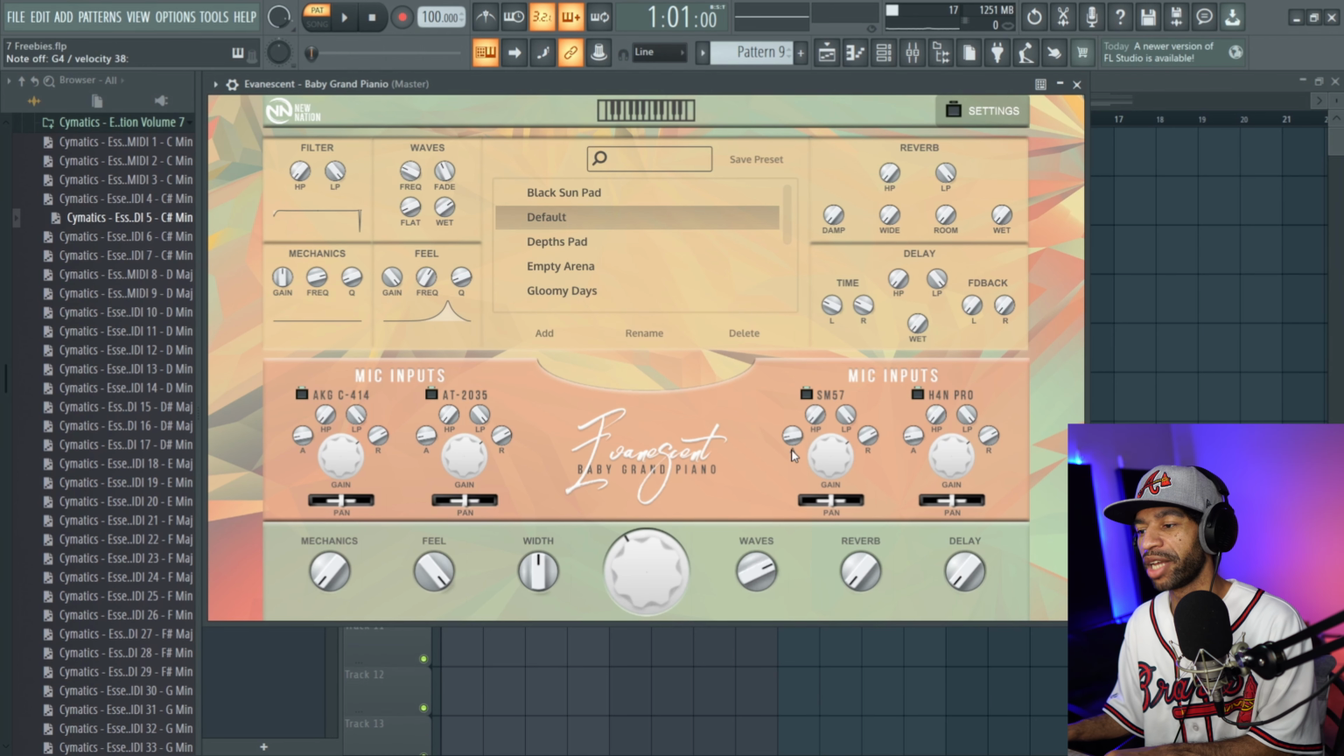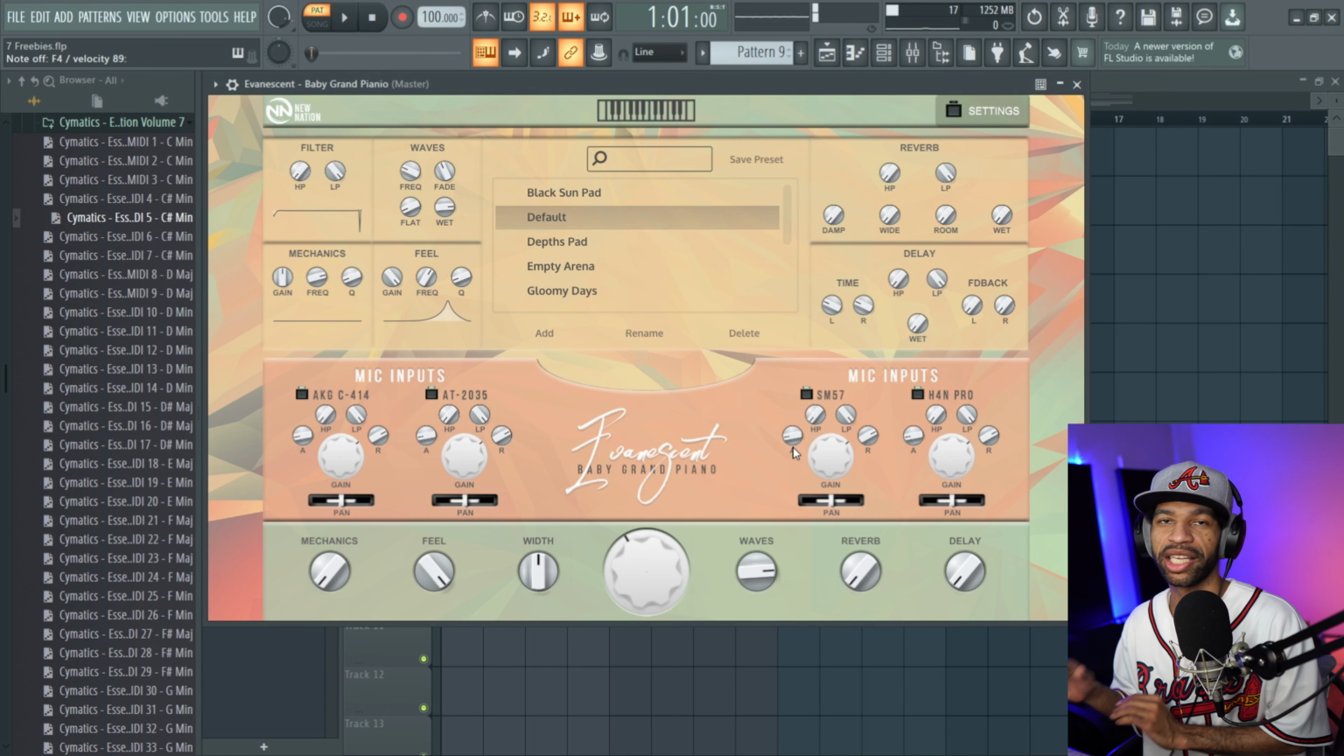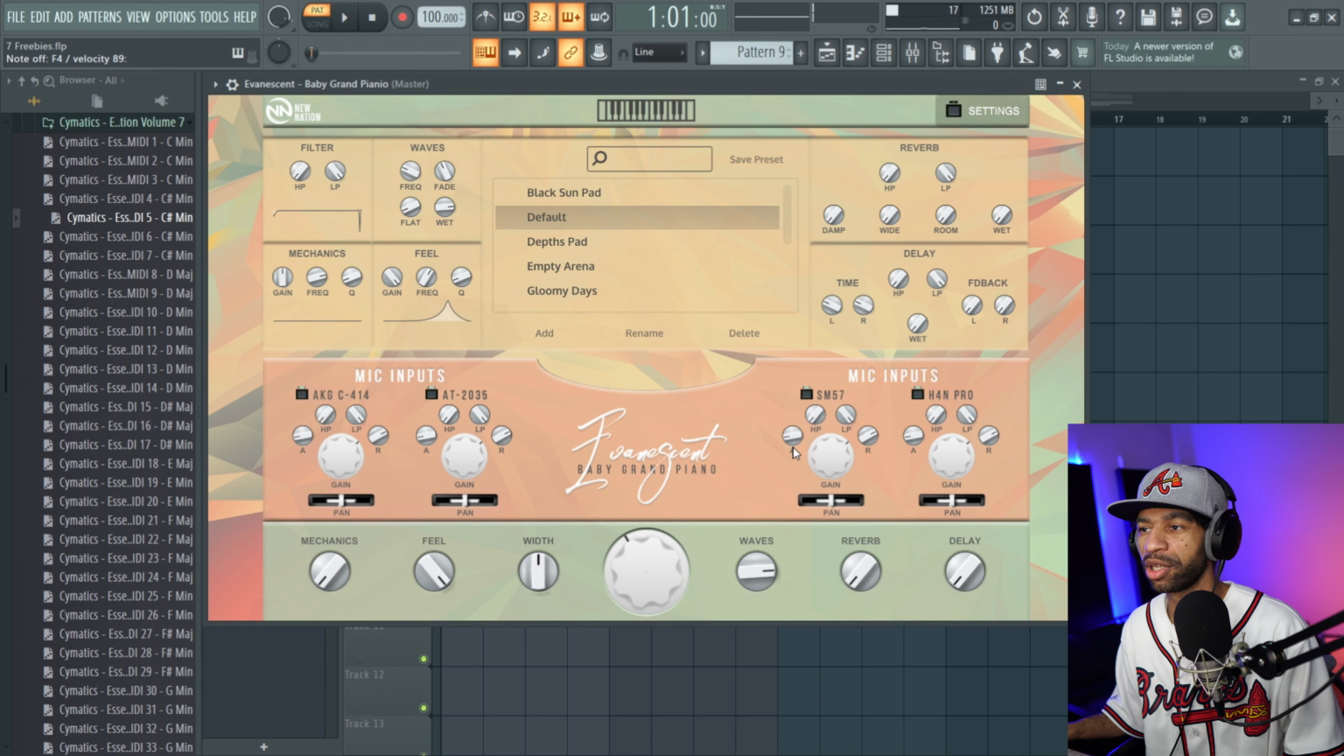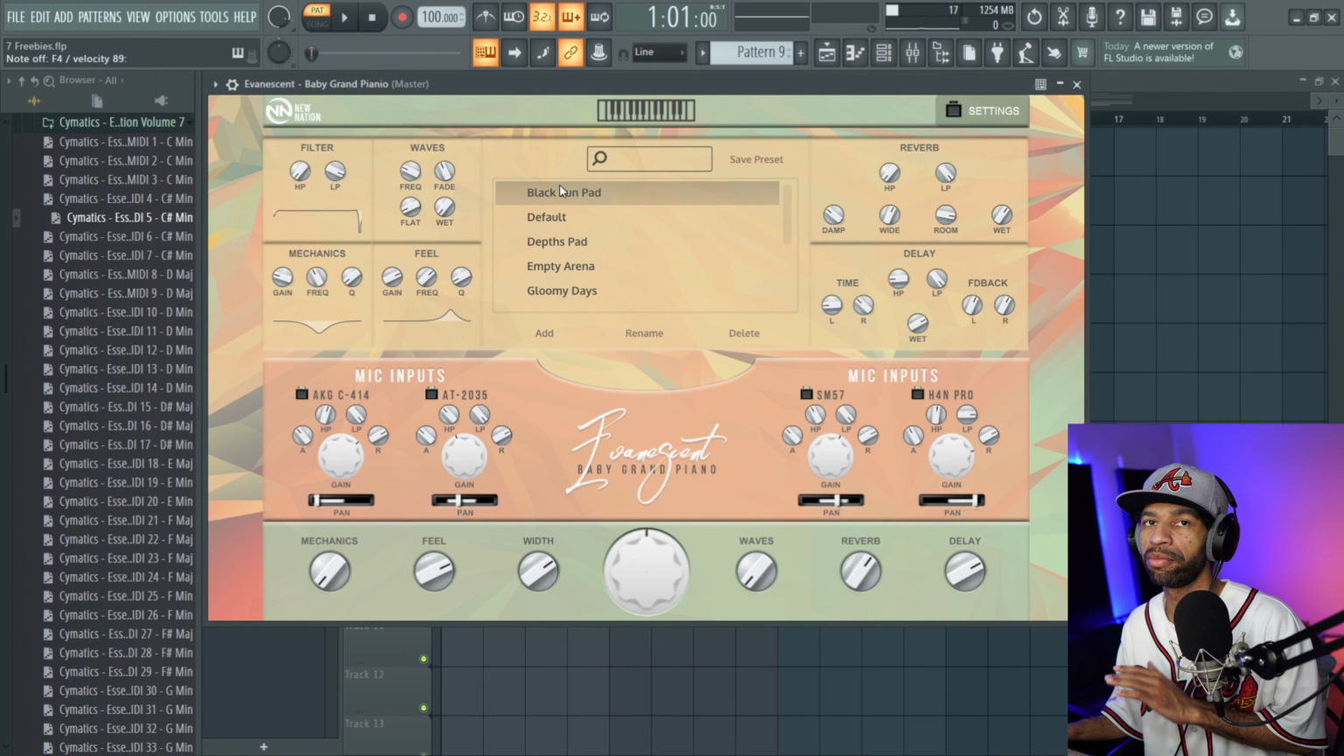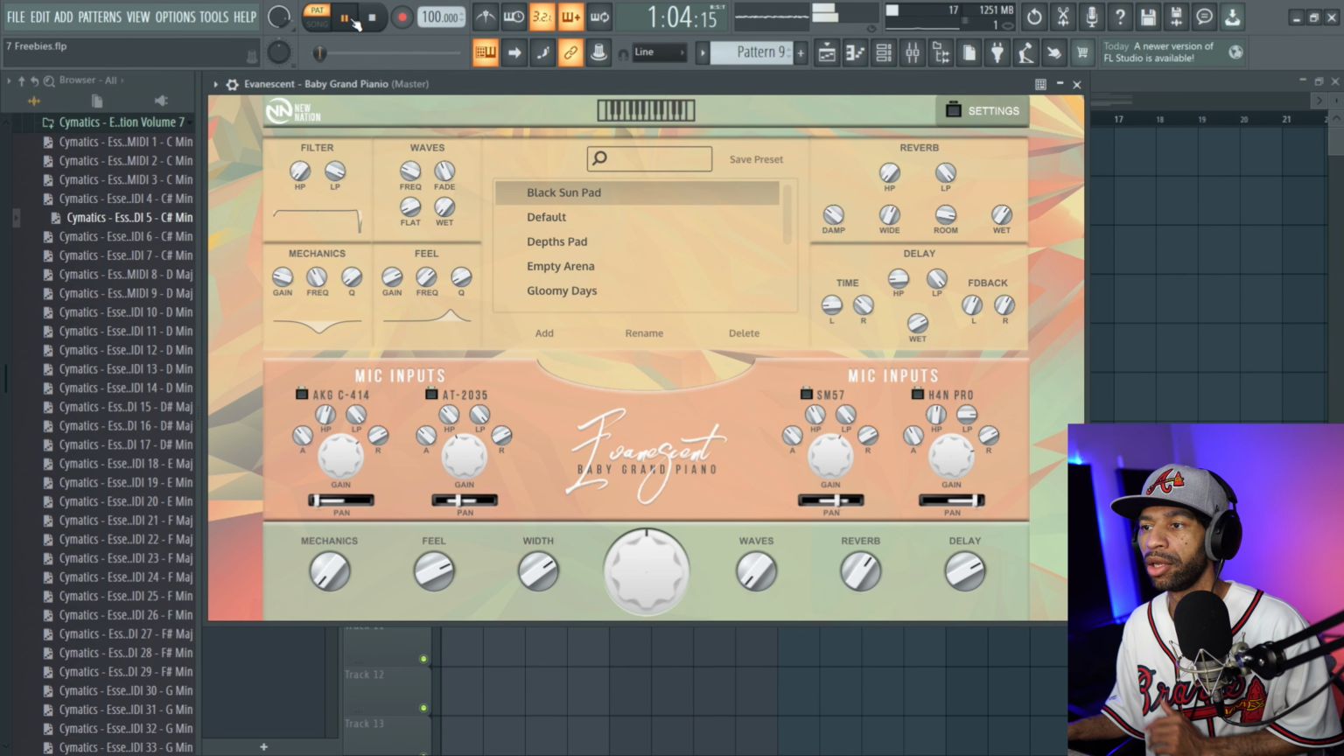This waves feature is nice too as well. Kind of gives it that warbles, tremolo feel, something like that. But it does have some nice settings in here. So you're going to get all kinds of different pianos. There's only a few different presets, but you're going to get different sounds. So like,